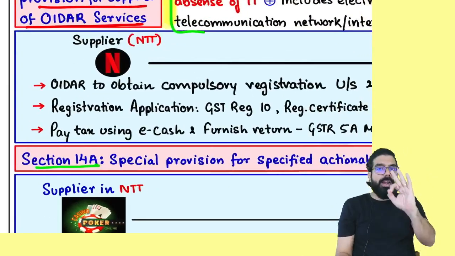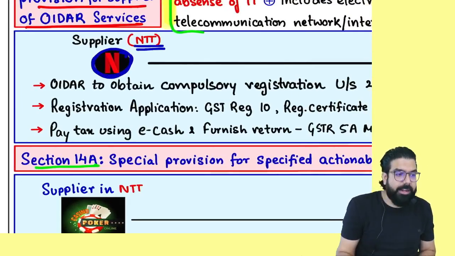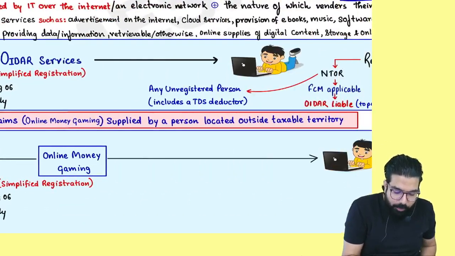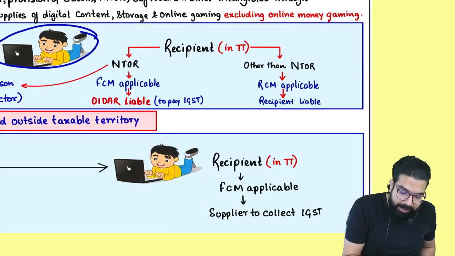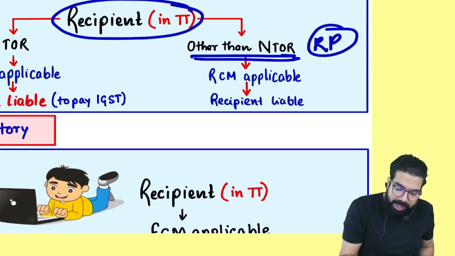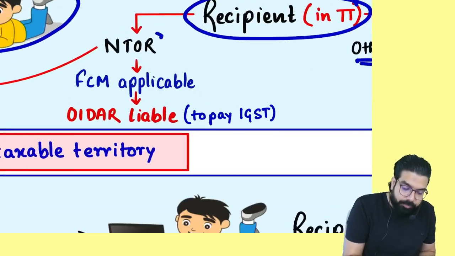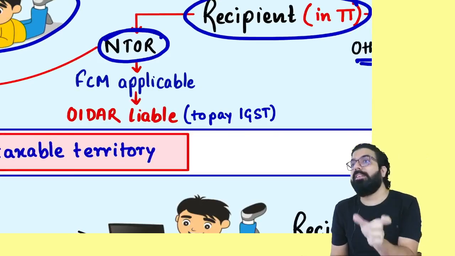Everyone over here, OIDAR you have to remember. Suppose there is Netflix. Netflix is in the non-taxable territory. OIDAR is outside India. OIDAR provided OIDAR services to a person in India. Remember, if the recipient in the taxable territory is other than NTOR, meaning if you are a registered person, you will be liable to pay GST under RCM. The recipient will be liable. But if you are an NTOR, which actually means an unregistered person,